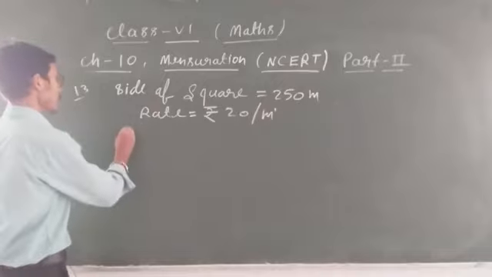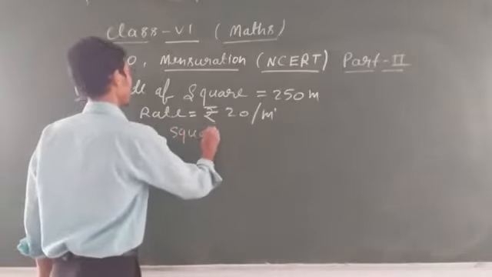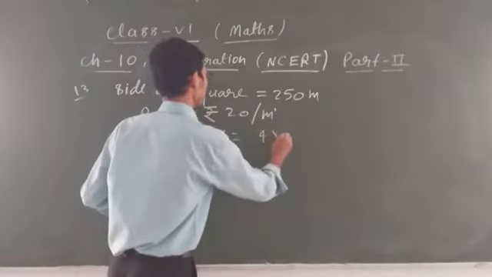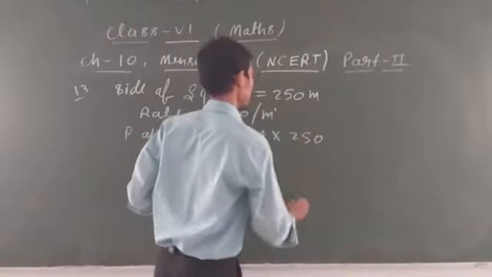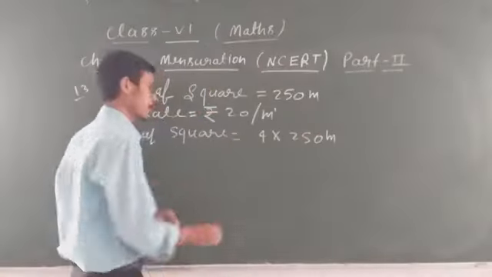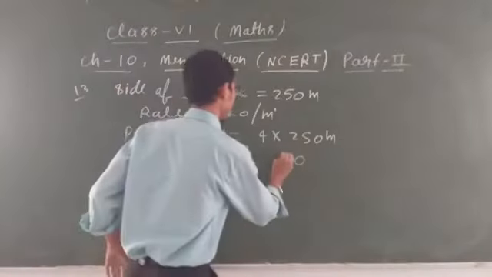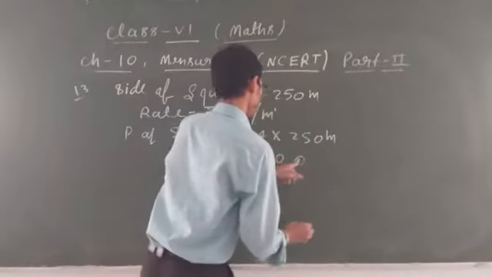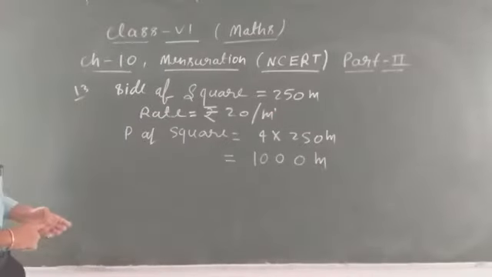Okay. So now first find out the perimeter of square. In the copy you have to write down the perimeter in full. Perimeter of square equal to 4 into side. Side is what? 250 meter. So write down 250 meter. Unit is very important. Achha. Now it will become 4 5 ja 20, 4 2 ja 8, 8 plus 2 10, that is 1000. Perimeter of square equal to 1000 meter.